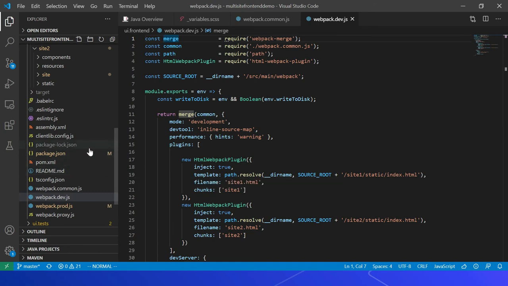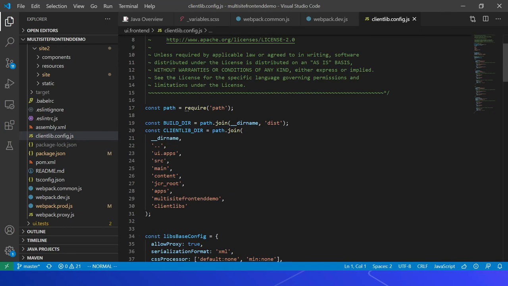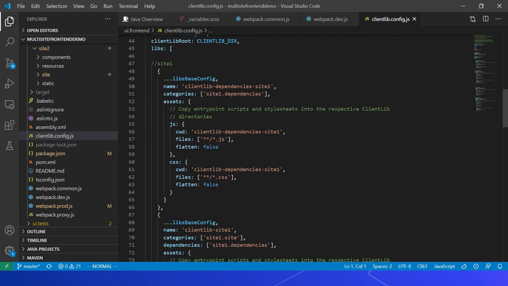Let us review clientlib.config.js file changes. I am going to place the site1 and site2 client libraries under the same folder. If you see ui.apps, src, main, content, jcr_root, apps, the project name, then clientlibs folder. But if you want, you can change the root folder path. So then I am defining the site specific client libraries. If you see site1.dependencies, then the folder name also clientlib-dependencies-site1.